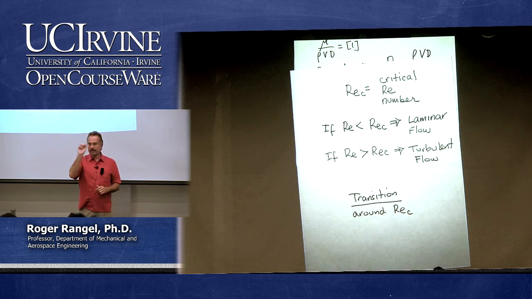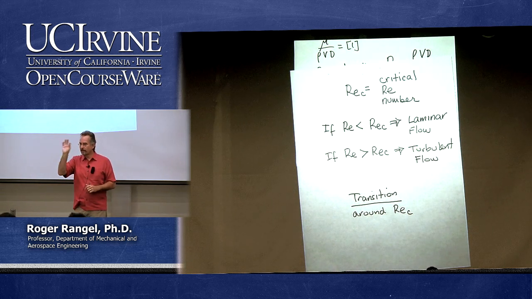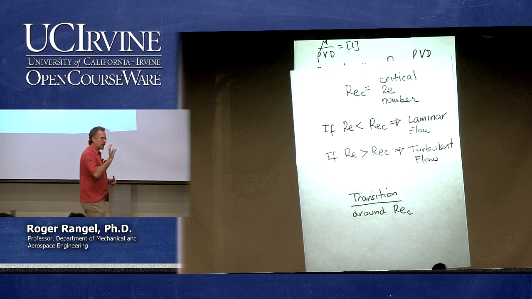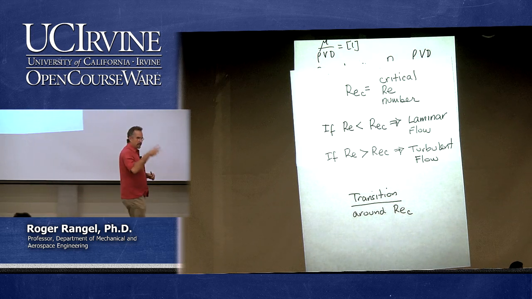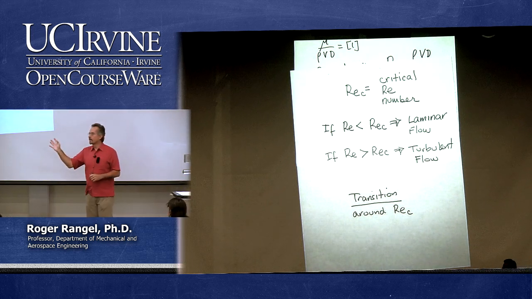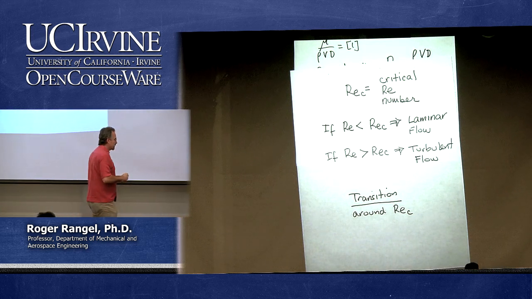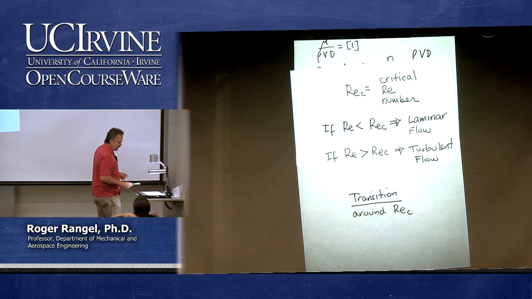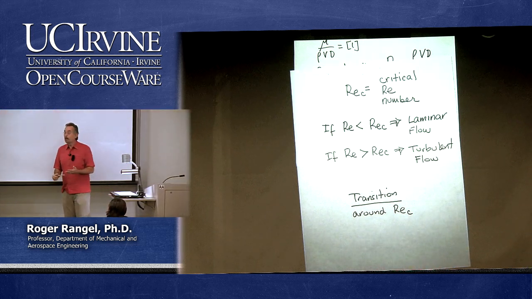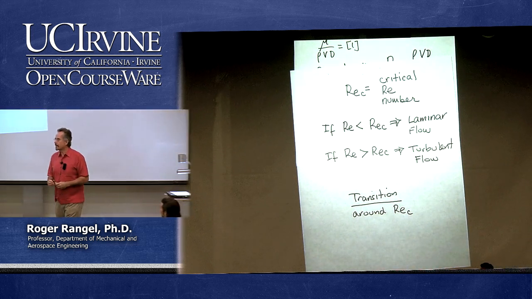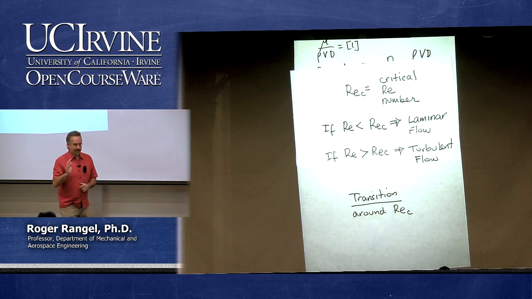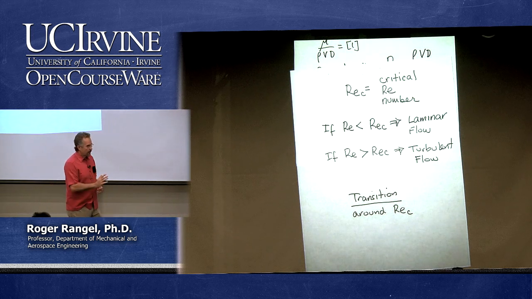I will reach a value where I'll say the flow is beginning to fluctuate. That always will be around that critical Reynolds number. And then if you keep going up, the flow is fully turbulent. So that's the importance of the Reynolds number. So you might ask, well, what is the value? What is the magic number of the Reynolds number that produces the transition? And what do you think the answer is?